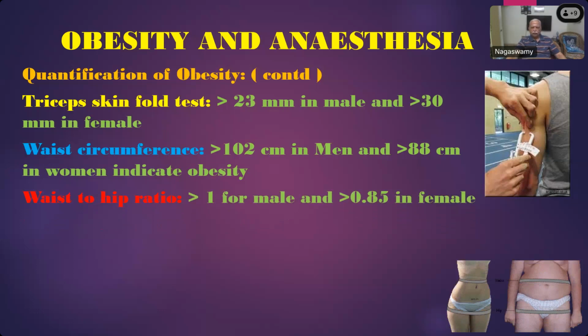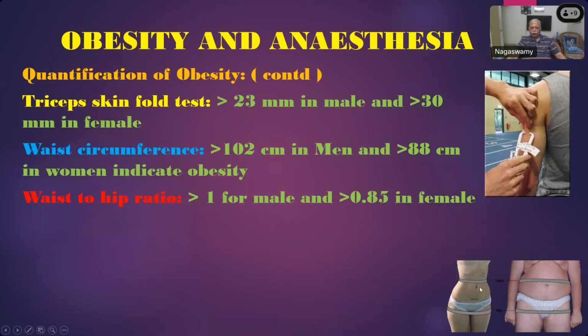So you can measure the waist circumference here. Actually, the hip circumference should be measured here. But this picture shows a little bit lower measurement, below the anterior superior spine, where the thigh fat is also included. What is the purpose of measuring like this? Instead of measuring at this level, why are they measuring here?